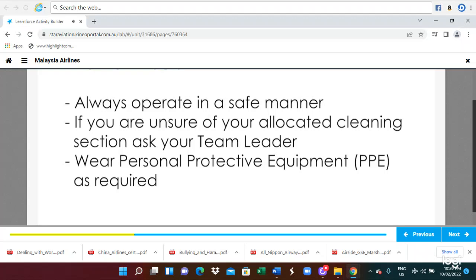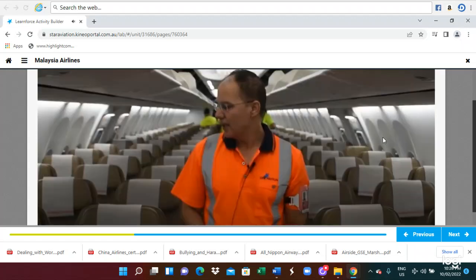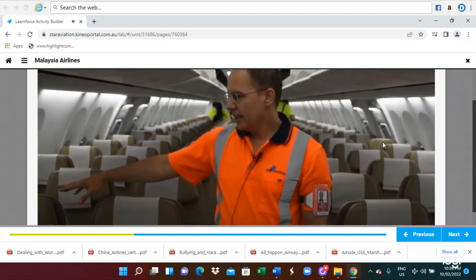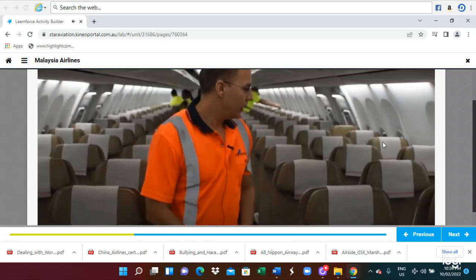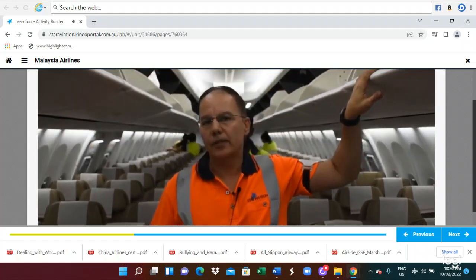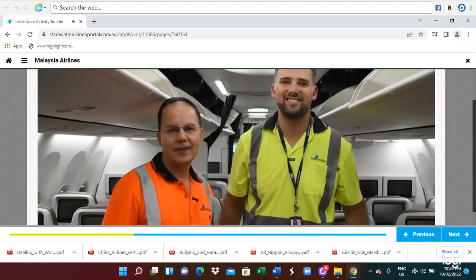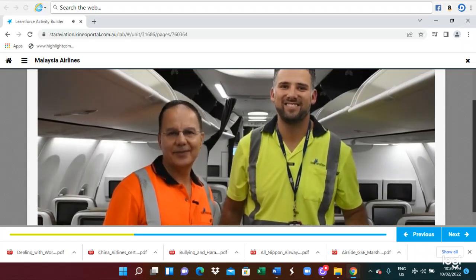Ensure when cleaning the cabin, you use the correct coloured wipes to reduce the cross-contamination and dispose of all cabin cleaning waste in the provided biosecurity waste bags. Team leaders will then check the cabin from the back of the aircraft to the front to check team's work and to make sure that the cabin is free from any rubbish and that all seats are allocated with pillow, blankets and headrests. Finally, the cabin will be sprayed with air